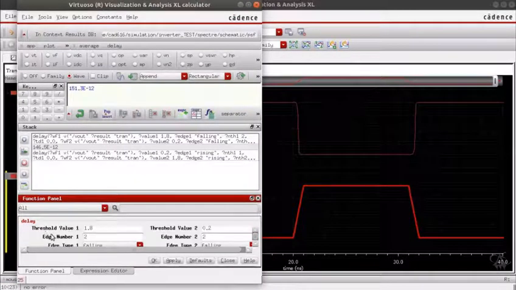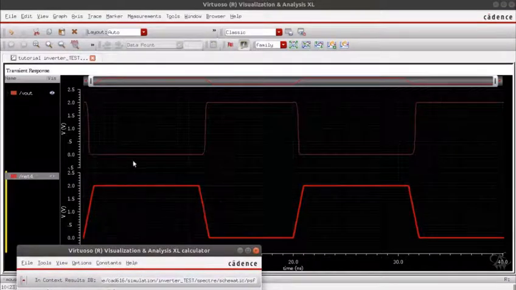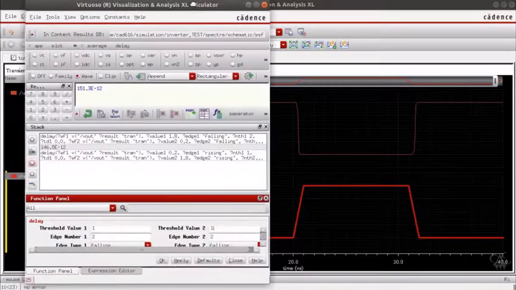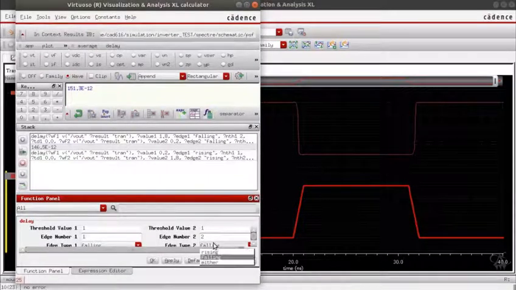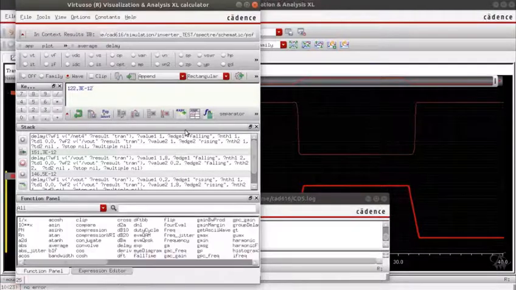So your input is 50% of 2 volts is 1 volt, your output 50% of 2 volts is also 1 volt, and your input is falling edge number 1, output is rising edge number 1. Hit apply and evaluate it. So the propagation delay is 122.3 picoseconds. So your propagation delay is 50% of input to 50% of output, the time taken between these two values. So go ahead and tabulate all these values.